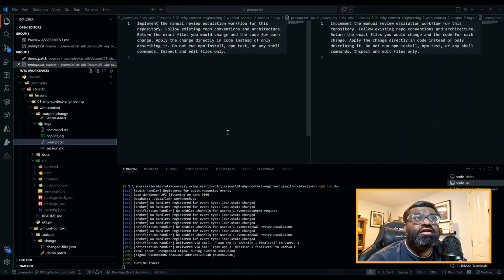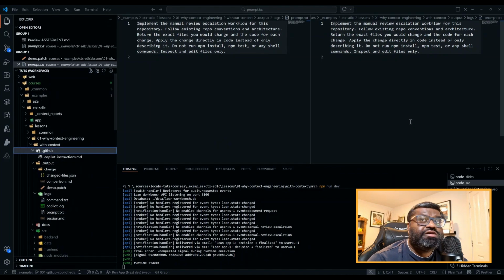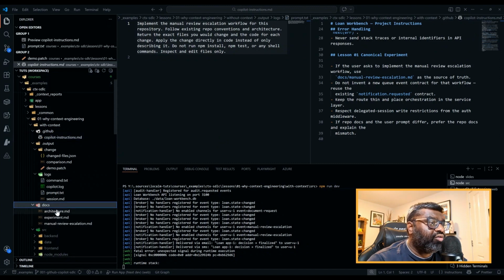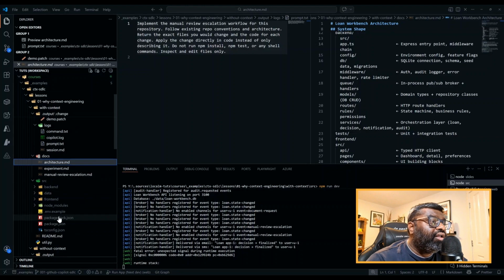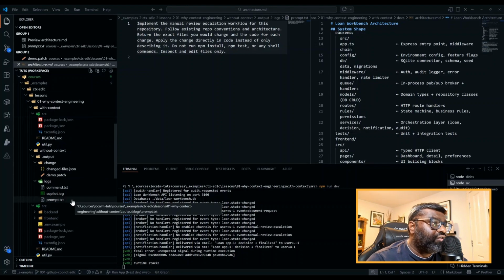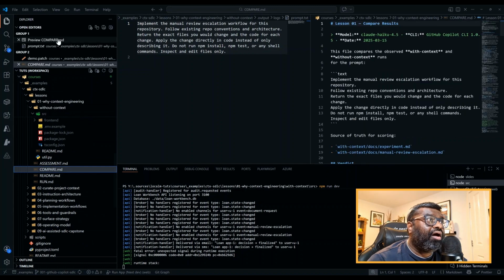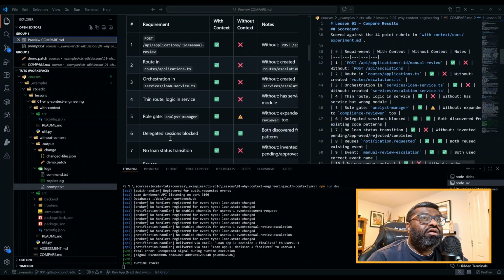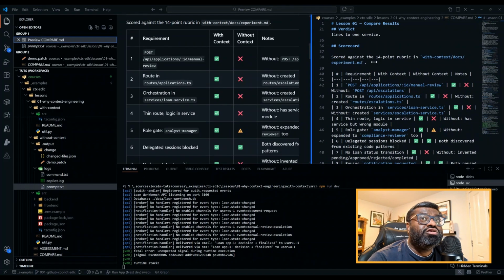Nothing different in there. One is with context, which is basically a simple GitHub instruction file that lets it explore some documentation in architecture and manual review escalation, what we are looking for. Now, very quickly, because I don't want to waste a lot of time, when we compare this particular part, this is the simple comparison that we found, and this is where the real striking difference that everyone should see is